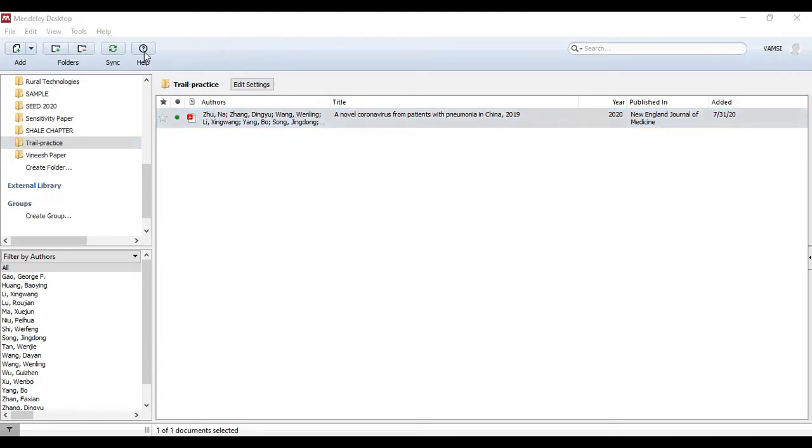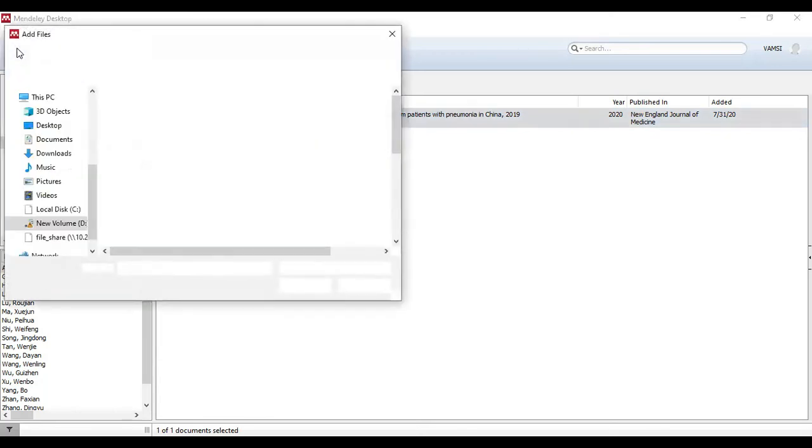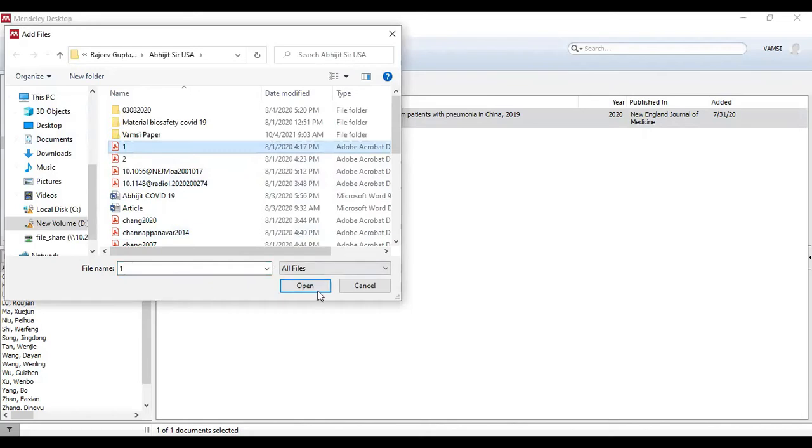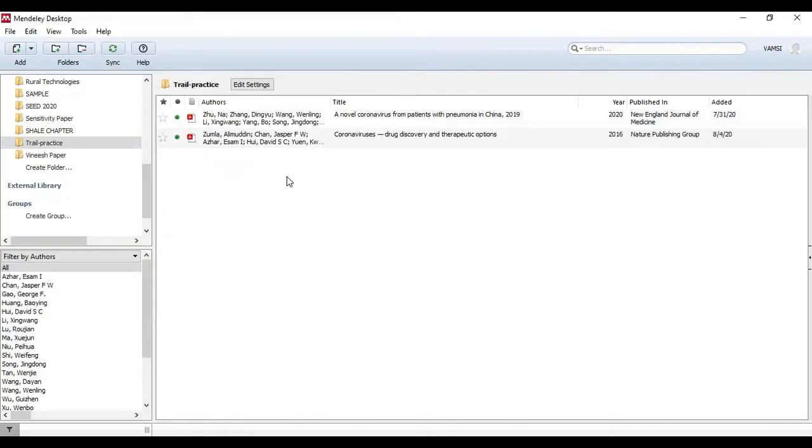Now it will come as one over here. Similarly, if you want to cite any other paper, upload your second paper also. I have uploaded my second paper as well. Now similarly I need to cite that paper. If I want to cite my paper at this point after shell formations, then again the same procedure: Insert Citation, go to Mendeley, click on that particular paper, go for citation. So it will come as 2 here. It's in a serial manner, 1, 2.